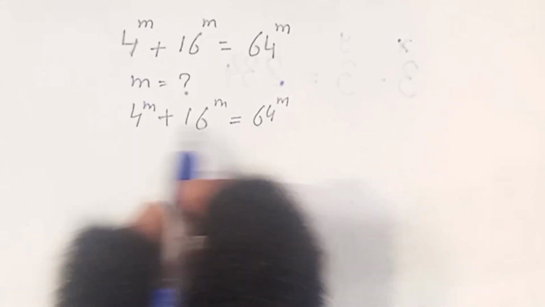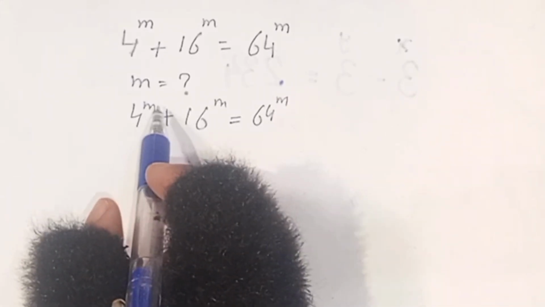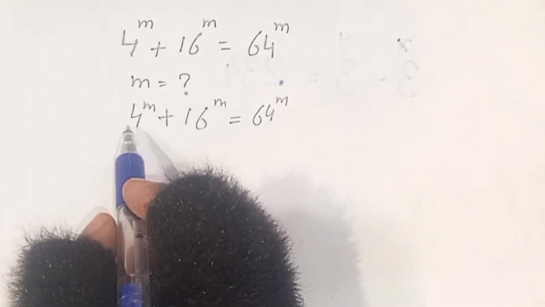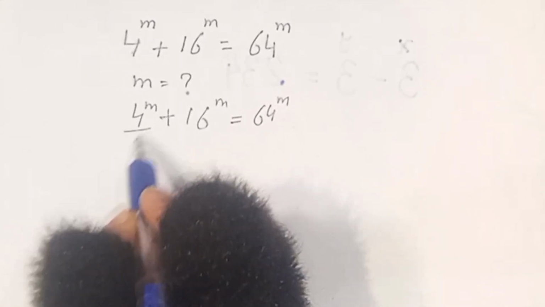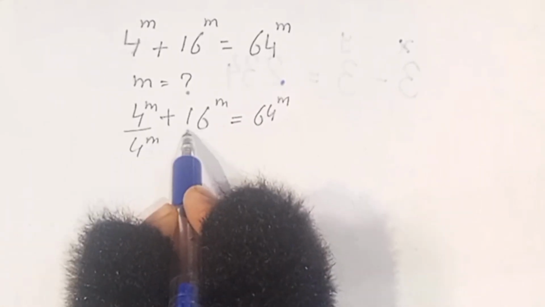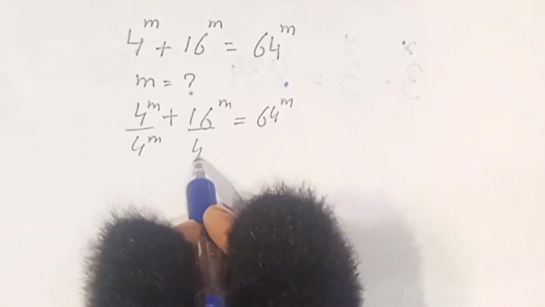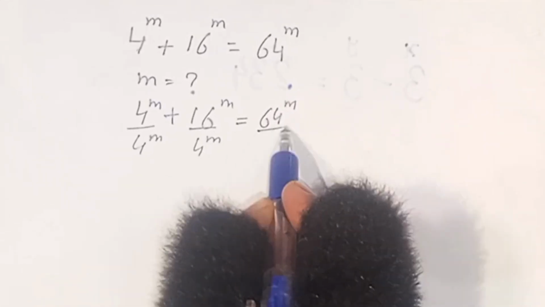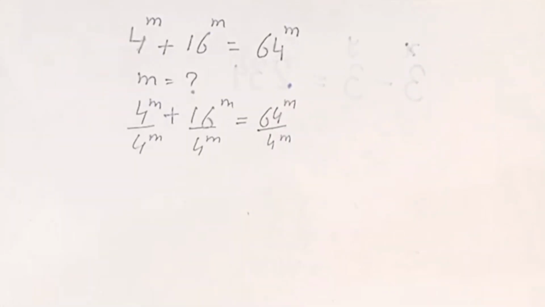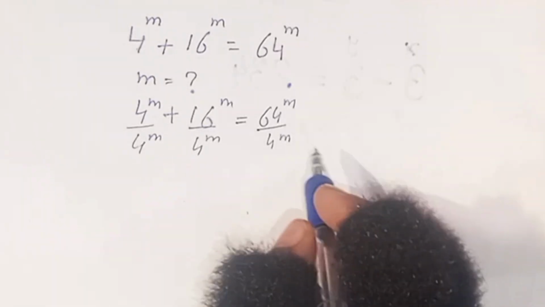First of all, we divide this equation by 4 raised to the power m on both sides. So this is our 4^m, divide this by 4^m. Also divide this by 4^m. And in the next step,